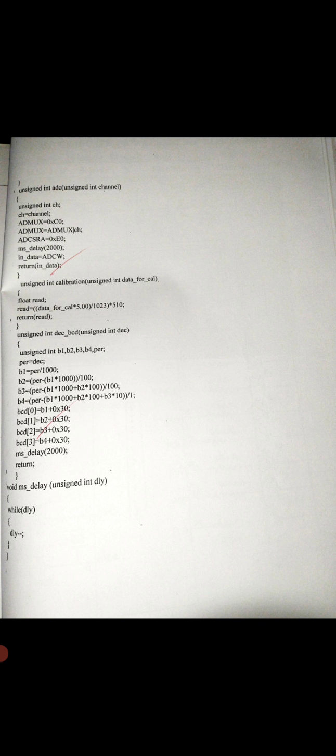The delay subroutine decrements the counter and returns on completion of the counter.